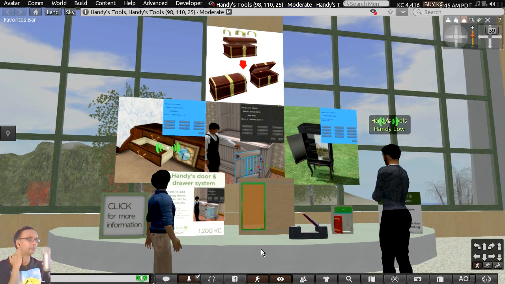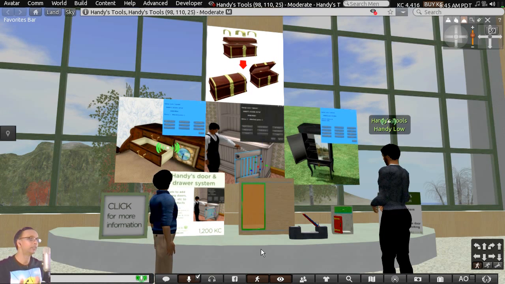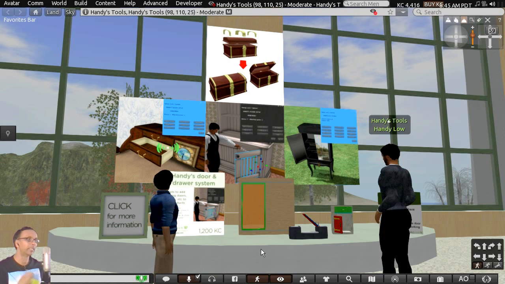Well, from my perspective, having furniture that you can interact with and find things in is so much more engaging than just a static object.